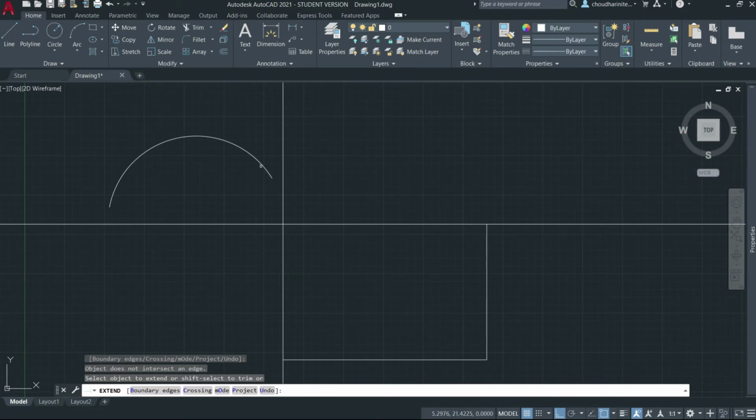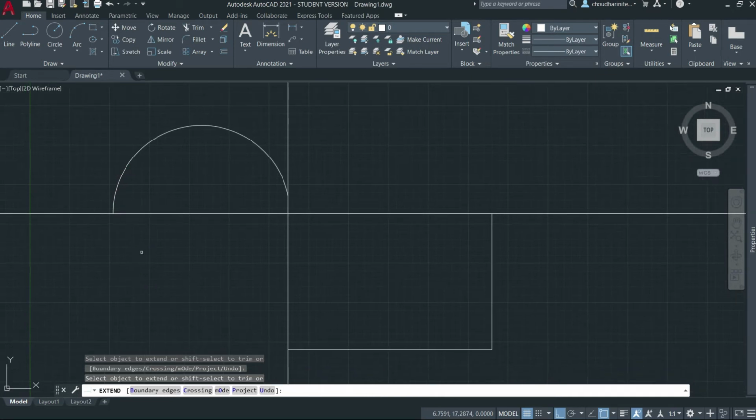Let us have a look at this small arc that I have drawn. I'll just click on an arc over here and you can see it is touching the line. I can also click on this side. Now if I again click here, it will make almost a circle but not a complete one. And to exit from the command, we need to press enter or the escape key.